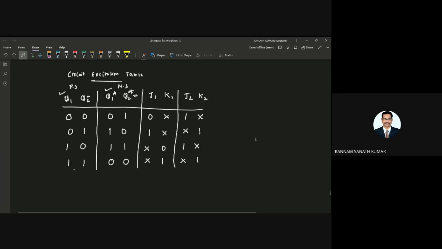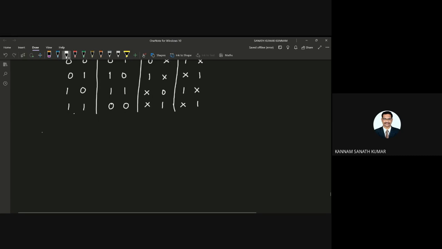After getting the circuit excitation table, you need to draw the K-map for J1, K1, J2, K2. Here I am drawing the K-map for J1. As this is a 2 variable K-map, only 4 cells will be there. The inputs are Q1, Q2, 0, 1, 0, 1.